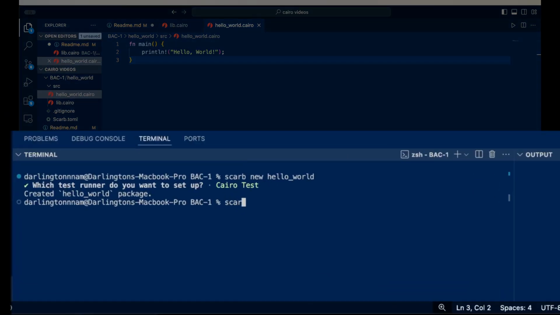First of all, let's try to build. To build your Cairo program, you use the command scarb build. Remember to instantiate a new Cairo